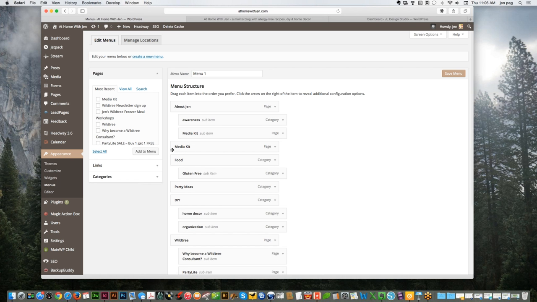You can make it all the way out, which makes it its own menu, or you can just drag it in, which makes it even with these, or if you want to do it another layer in, keep dragging it out more. See, now you can see it's indented even more. If I were to hit Save,